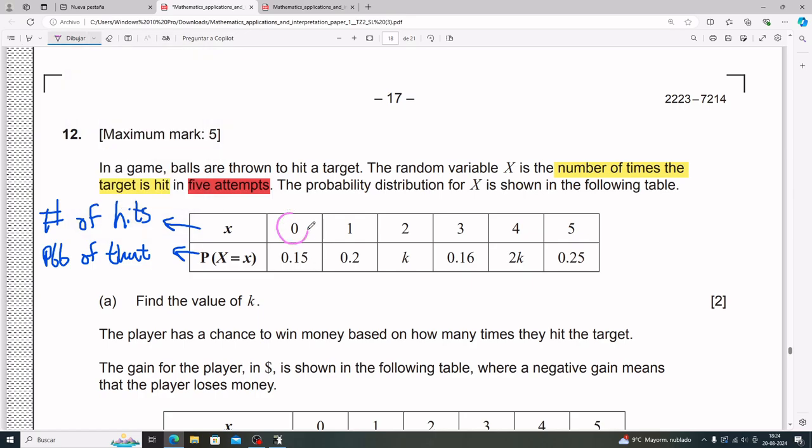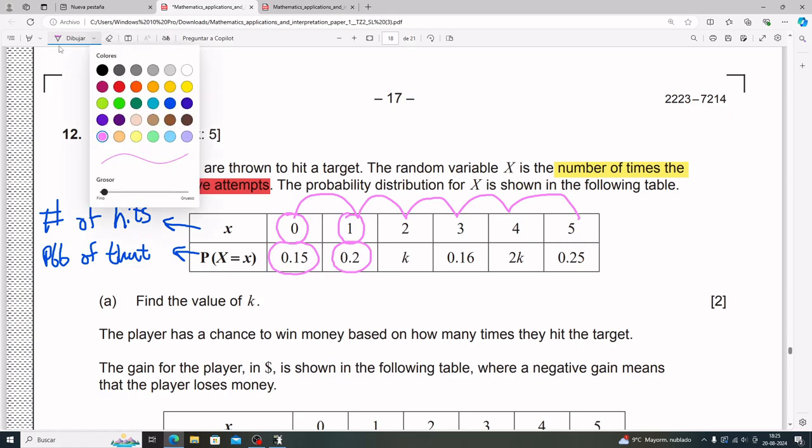If the number of hits is 0, the probability of landing it 0 times is 15%. If the number of hits is 1, the probability of that is 20% with the 0.2. So notice how this is hitting the target 5 times. That is why the different scenarios are hitting it 0 times, once, twice, thrice, 4 times, or 5 times. Okay, that is why you have 0, 1, 2, 3, 4, 5 up top, and the probabilities of that are